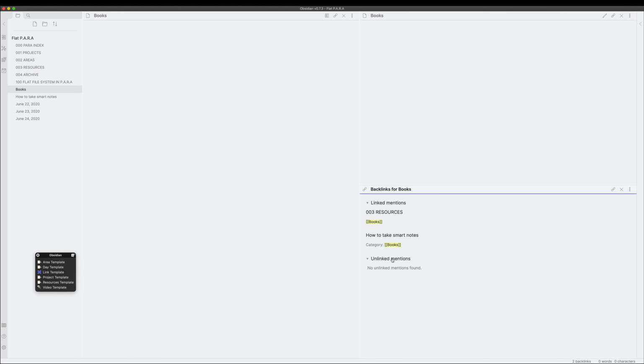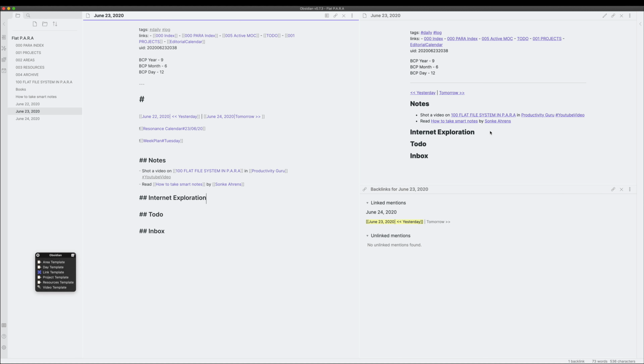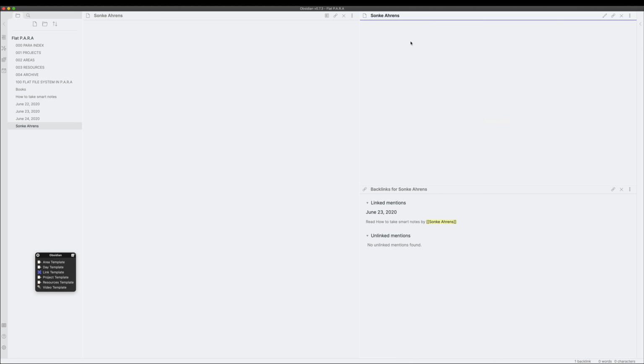Now, also if I have mentioned this somewhere, like say in a daily note, I've written something about a book where I haven't connected it, I can very easily click link here and I can connect it. So let's go back to the daily note. So what kind of a database can you make now? If I click on Zonke Aarons, any book that he's created, all my notes, all my books related to that, I'll be able to see here.